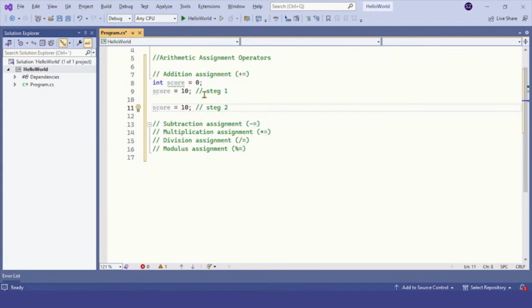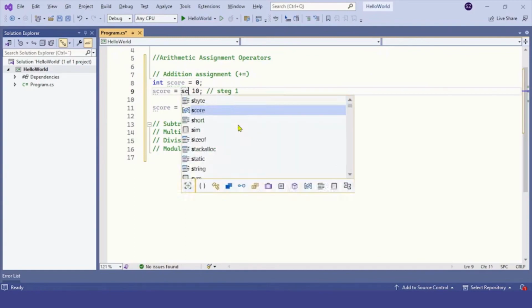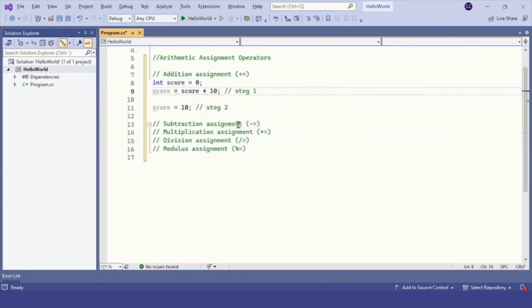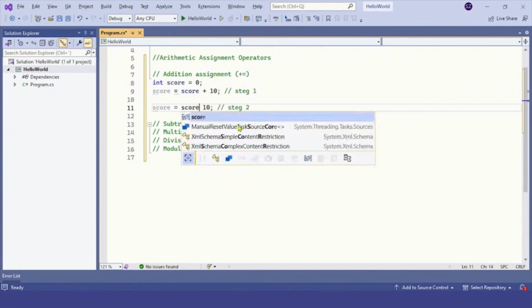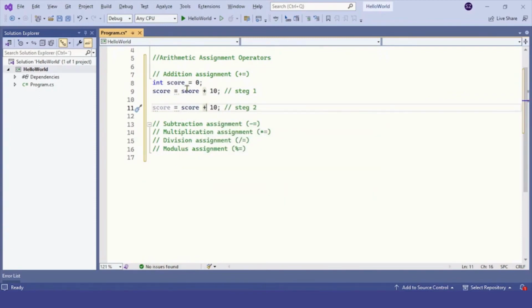The problem can be solved using the arithmetic addition assignment. And like I said in the beginning, the same variable is involved on both sides of the assignment. Now you will see the addition assignment. So the score variable is on both sides. On the right side, it is involved in a calculation, and the new calculated value is assigned back to the same